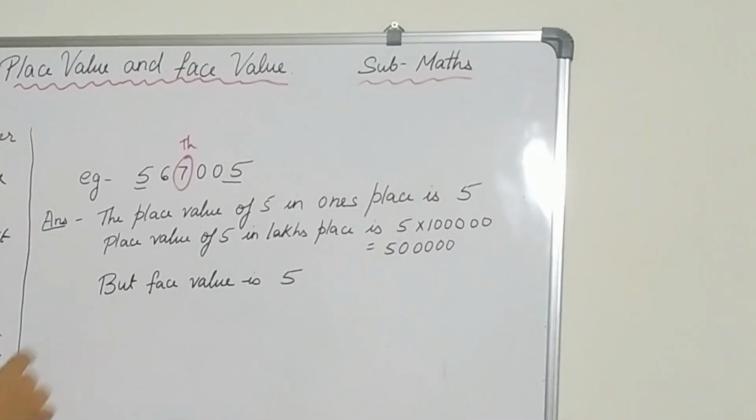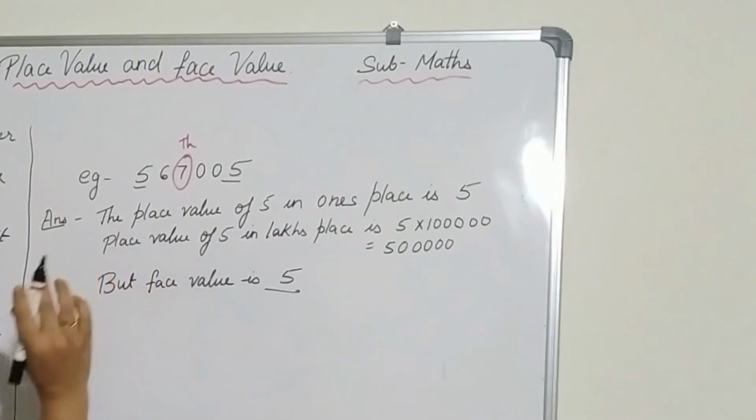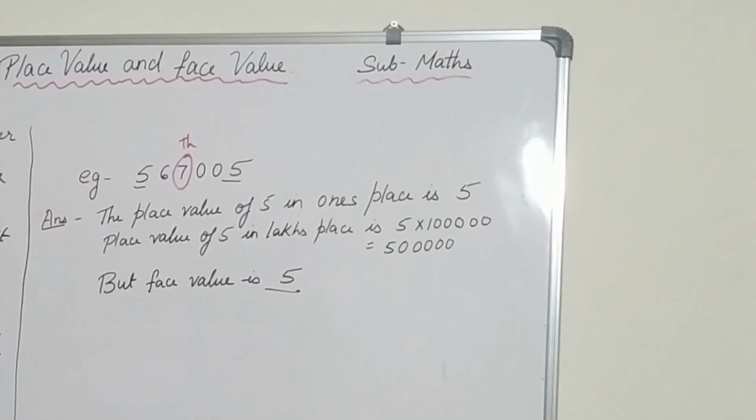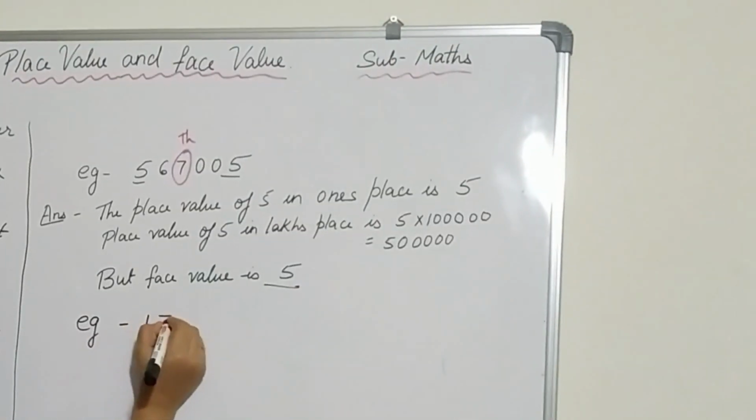So suppose we have to find the face value of 5 over here. The face value of 5 in this number, 5,67,005, is 5 itself. So the face value is itself 5, but the place value changes according to the position in the value chart. If I take another number